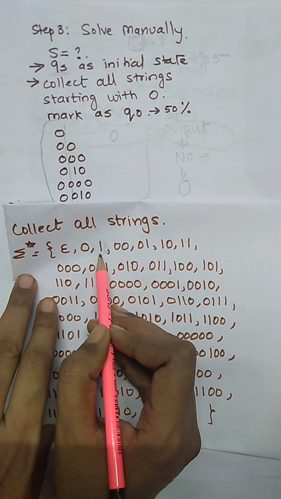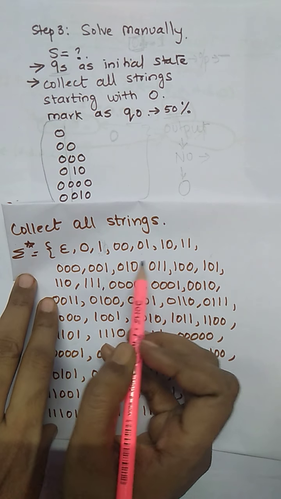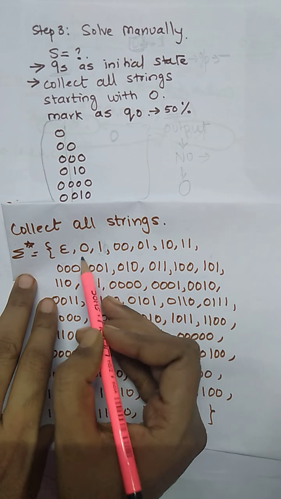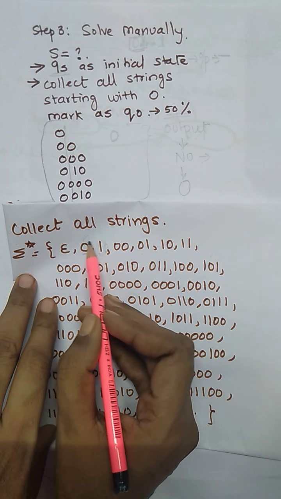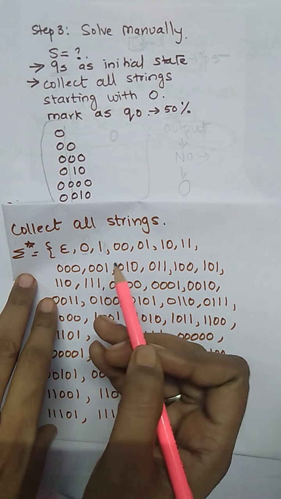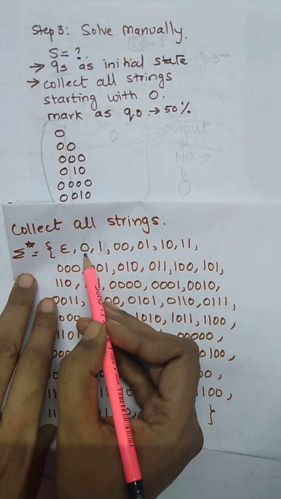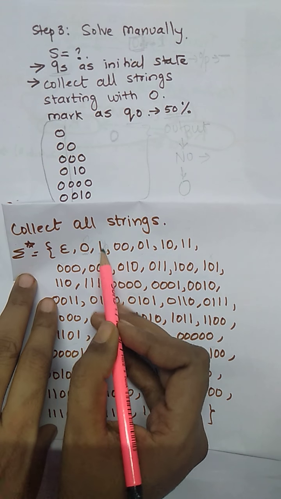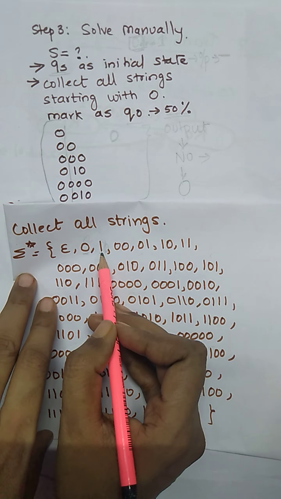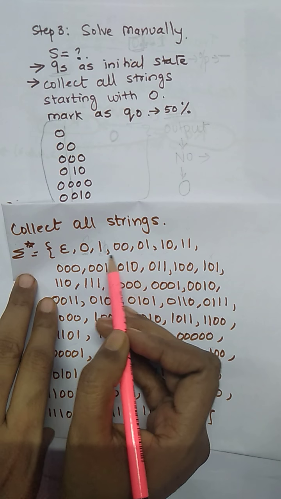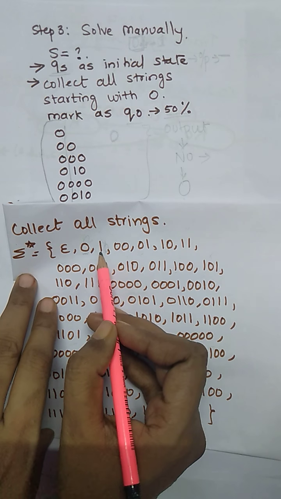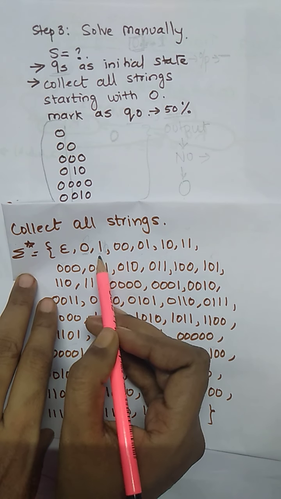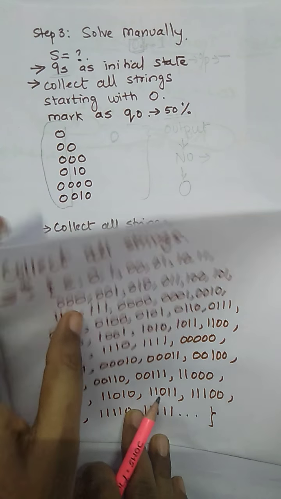That is, if the string starts with 1, it is completely rejected, because if the string is starting with 0, then there is a chance that the next bit will come, or after some bits the string is going to be terminated, for example 1. But here after getting the first bit as 1, there is no chance that we are going to wait for more bits. That means the strings which start with 1 are completely rejected by our question.